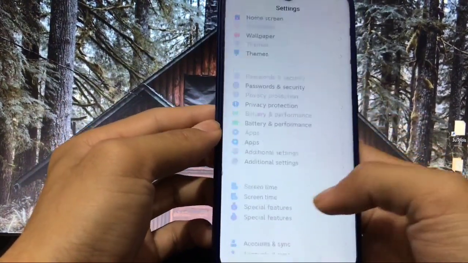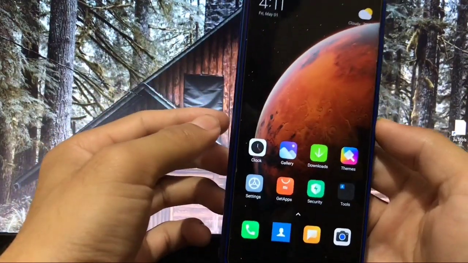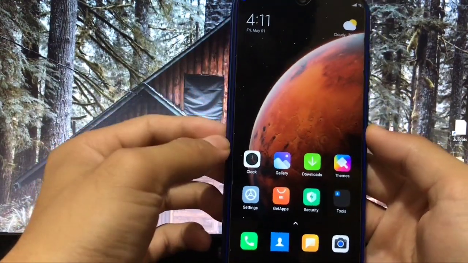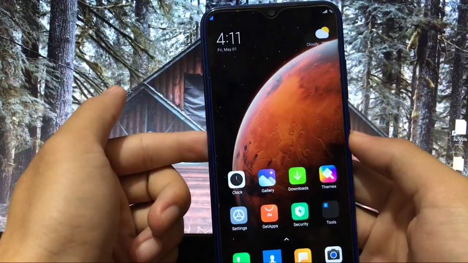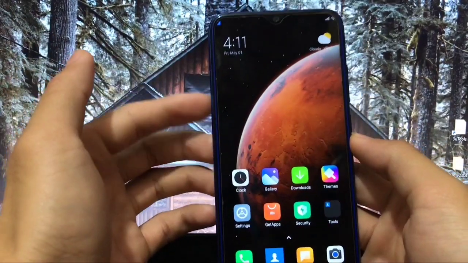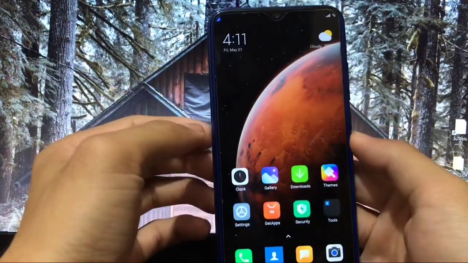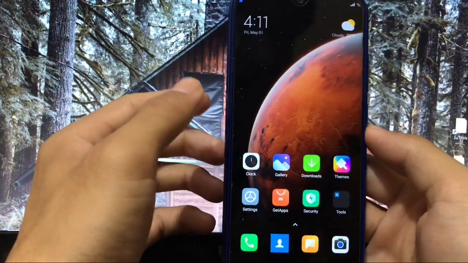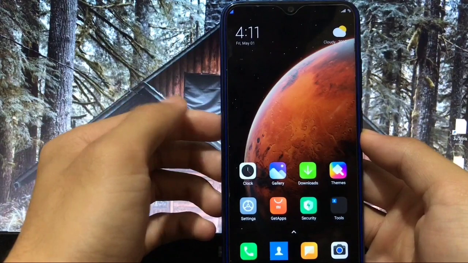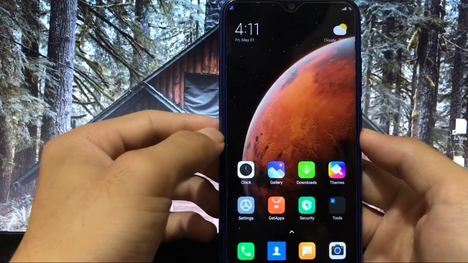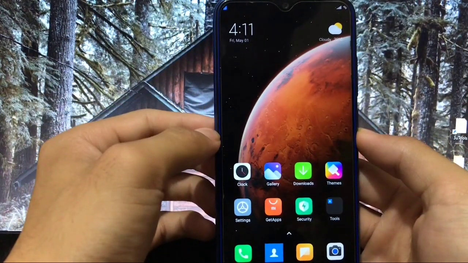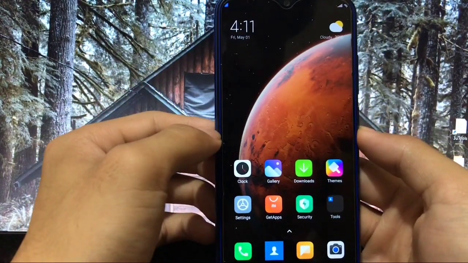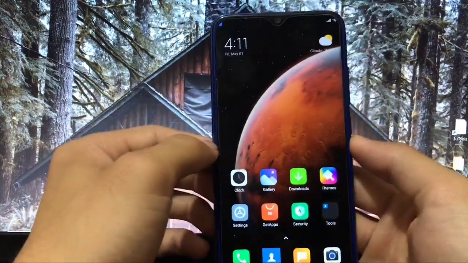So still, if you want to try out new things on your Redmi Note 8, you can go and try it out. The video on how to install this is already available on my channel. You can watch that video and install this GSI right now on your device. So right now I can only say that you cannot use this GSI as your daily driver because there are some bugs here and there, and also some lags. It's better to wait for the official release or beta release, which is coming very soon. I think just next week we will get the beta update for Redmi Note 8 alongside MIUI 12 and Android 10. So this was all from this video.